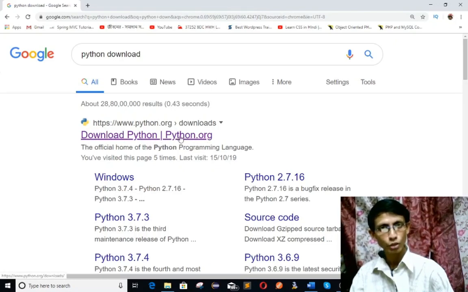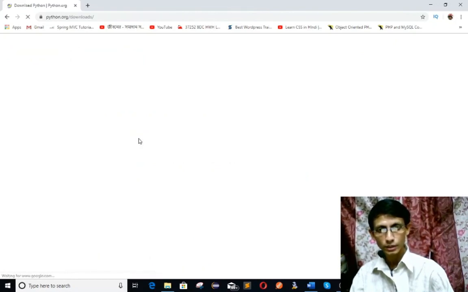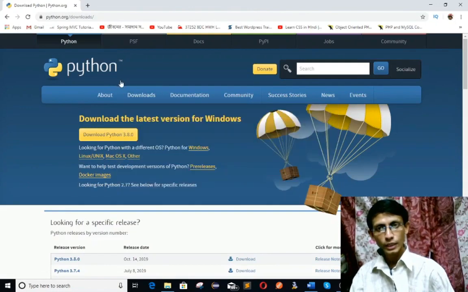This is the Python official site. Click this. And this is the download screen. So download the latest version for Windows, and the latest version is 3.8.0. Now click this,